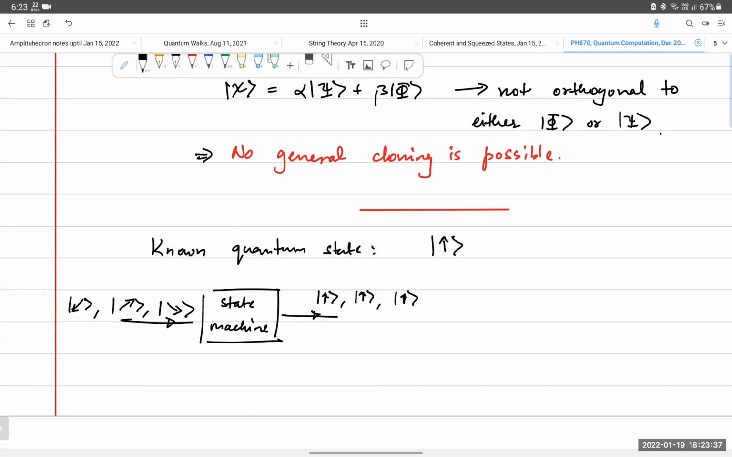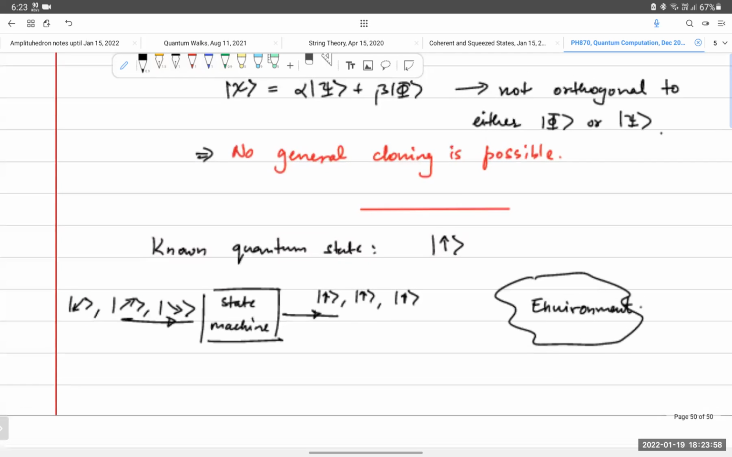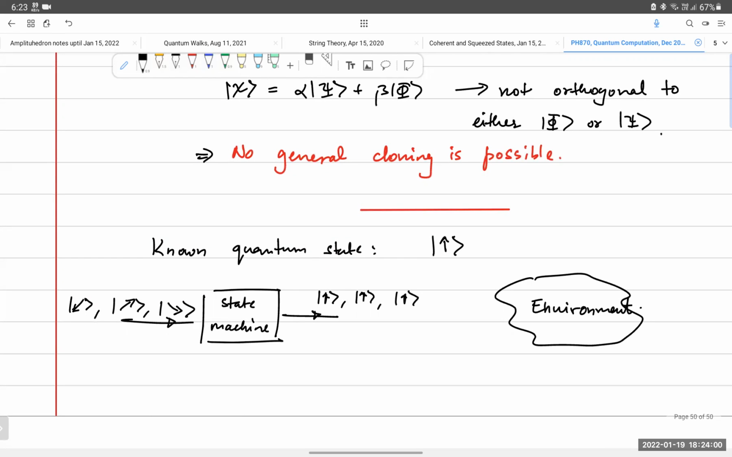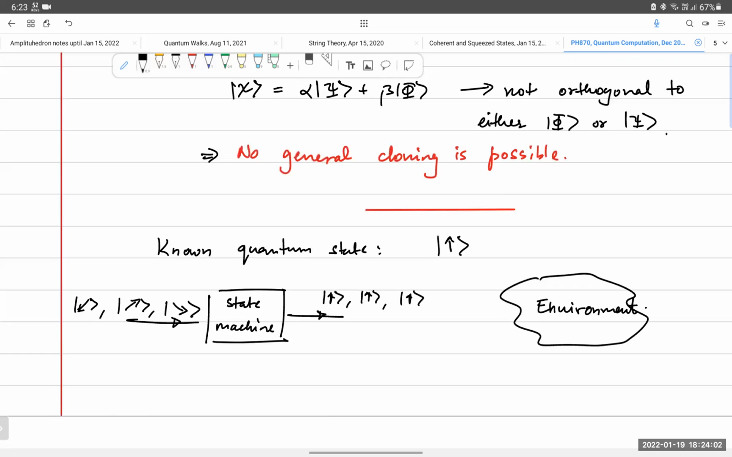But now, as soon as it comes out of this state machine, there are two things. One is that it can interact with other quantum systems, and that is a controlled interaction. But it can also interact with the environment. So let's say that there is no interaction with the environment, but I can always take some